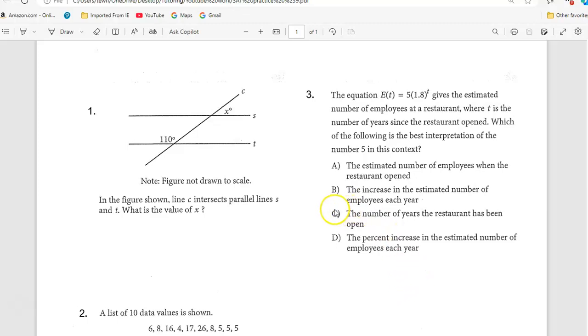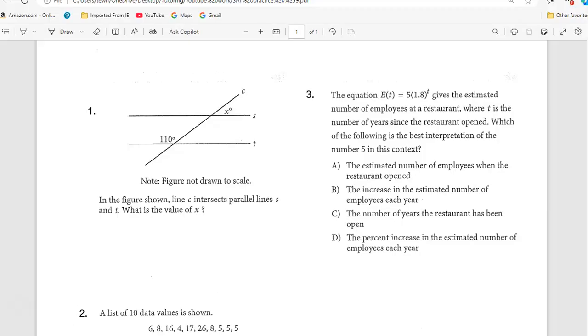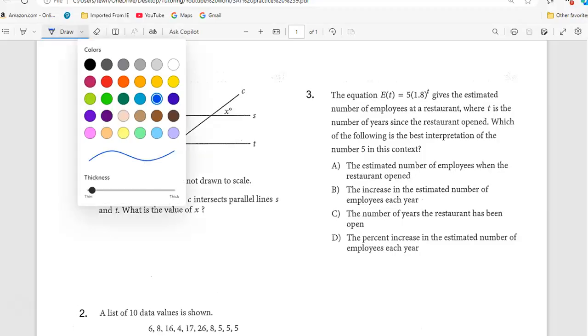Alright, in these four problems, the first one here, we have that figure, and they said figure not drawn to scale. In the figure shown, line C intersects parallel lines S and T, these two lines. So on the graph you can use the graph and put the information here. So these two lines are parallel to each other, and